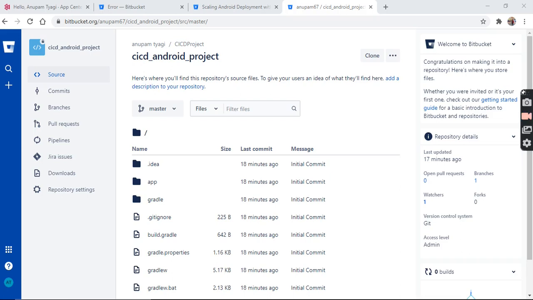So today we will learn how to automatically publish our Android applications on App Center or Play Store. Earlier we did a manual process after developing our code to build and upload on App Center or Play Store. It was a very hectic and time-consuming process to manually upload a build on App Center. Now we can do it very easily with a CI/CD configuration for an Android application.